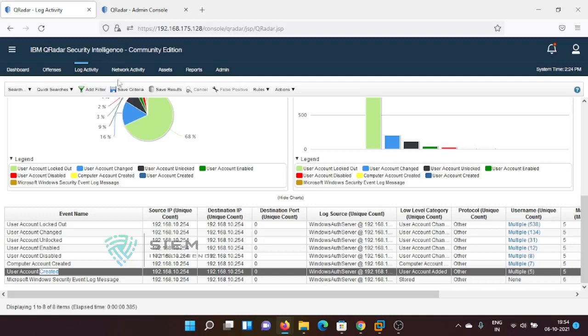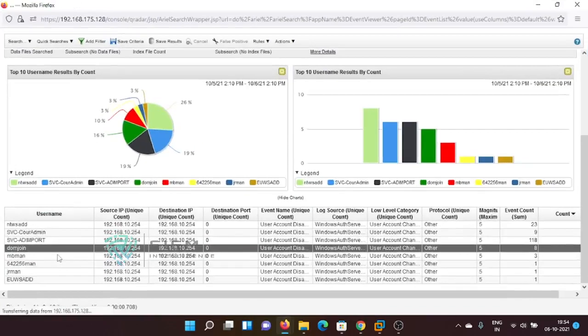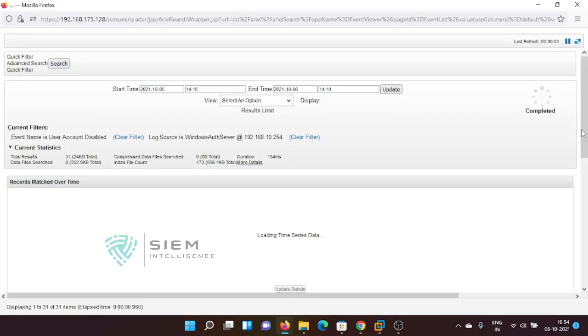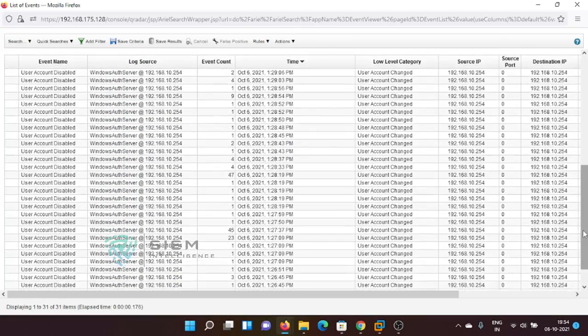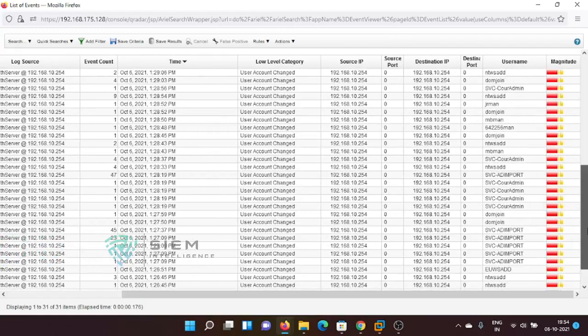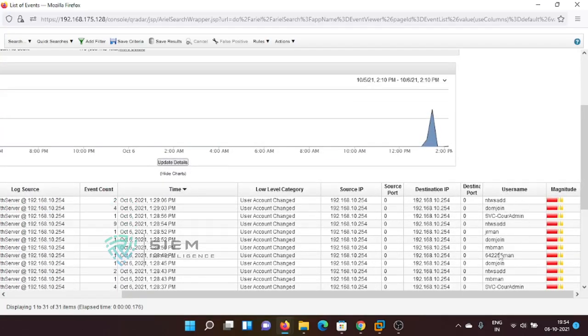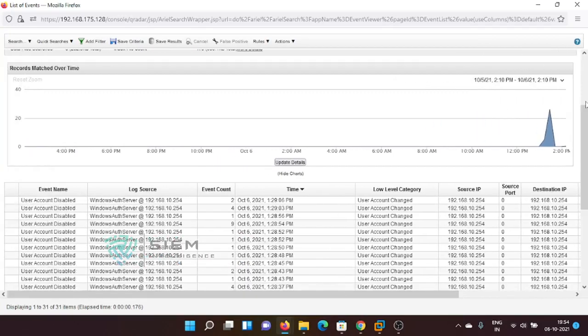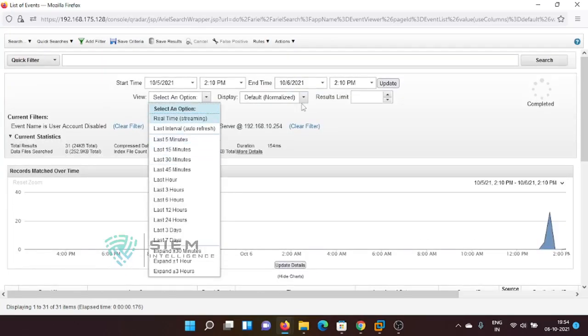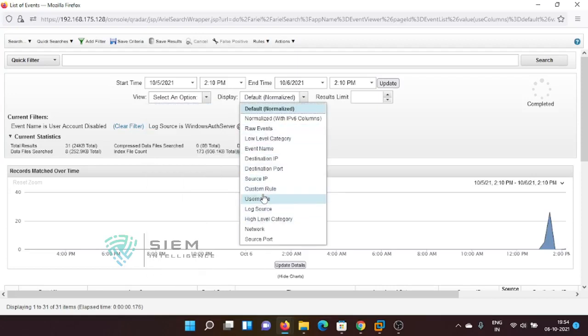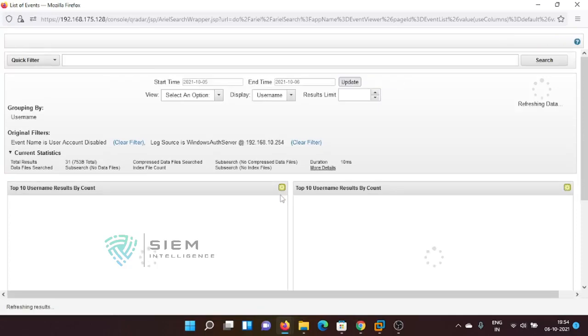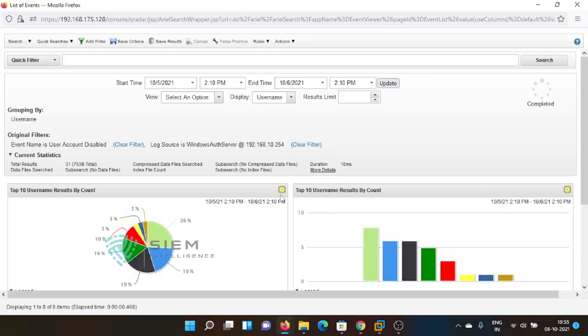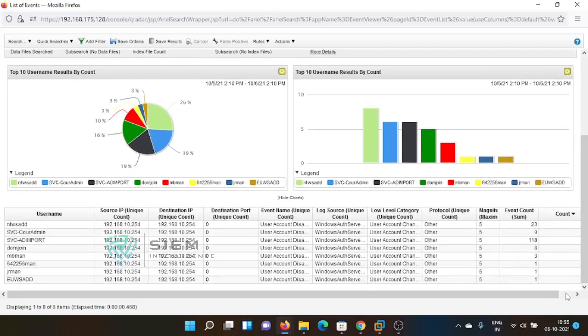At the same point of time, I want to check. I did something like create and disable. So I want to see this as everyday's data. I want to see who the users are that disable multiple times. So I want to do this particular grouping with respect to username. So I did it for 24 hours. So these many users are continuously disabling, but I want to see this activity daily.